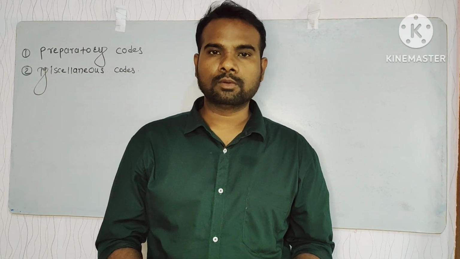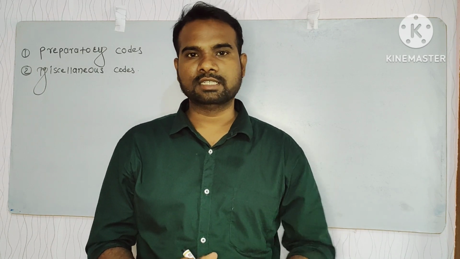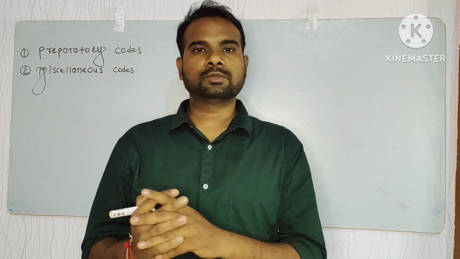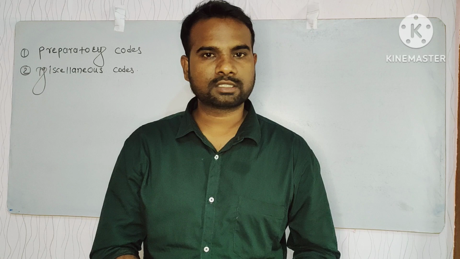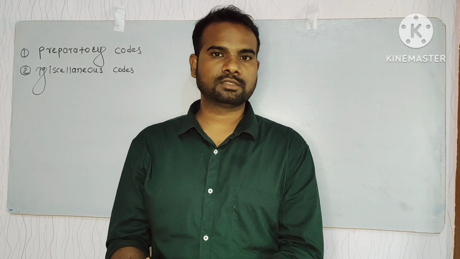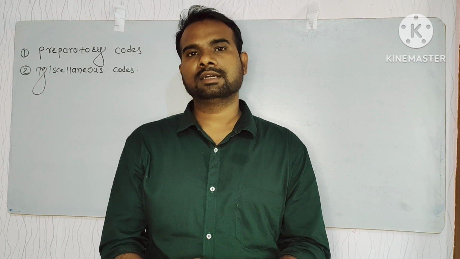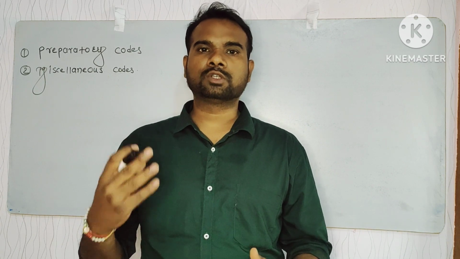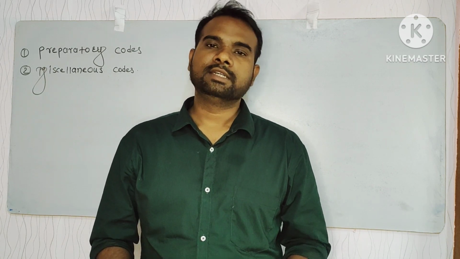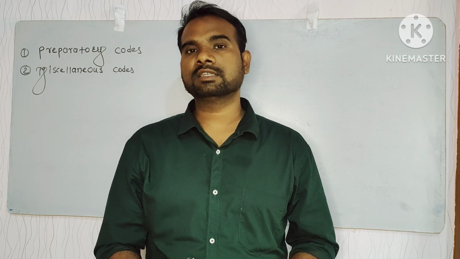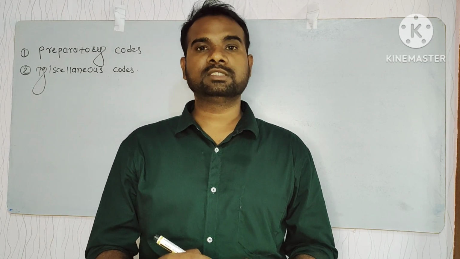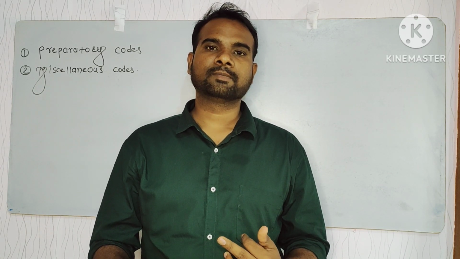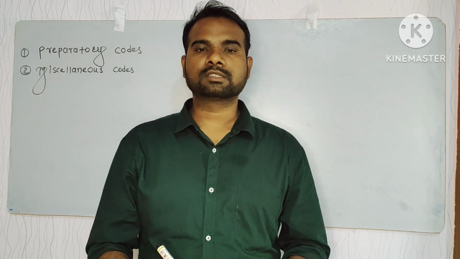Today we are going to learn about the preparatory codes and the miscellaneous codes. Simply, we can call them G codes and M codes. G codes are the geometrical codes of a CNC machine and M codes are the miscellaneous codes of a CNC or VMC machine. G codes take part in cutting or giving feed rate to the tool or machine bed. They work in geometrical operations, whereas the M codes control other machine aspects such as coolant on, and spindle rotating clockwise or anti-clockwise. We are going to learn these codes today.